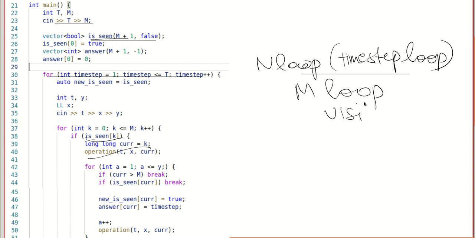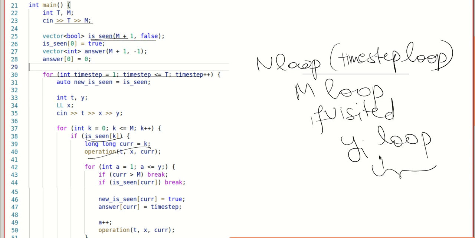Check the visited array. If visited, then the yi loop, and the latest optimization condition we added: if already visited, then don't visit. So this was the optimization, else it would have been nm square.